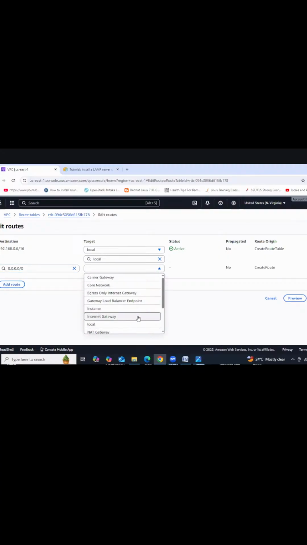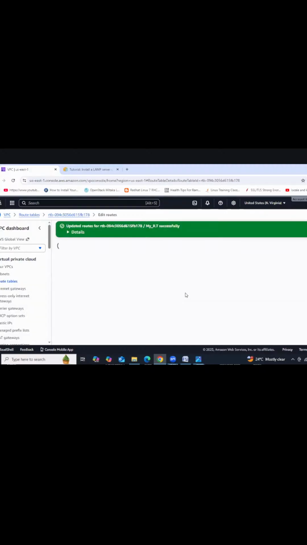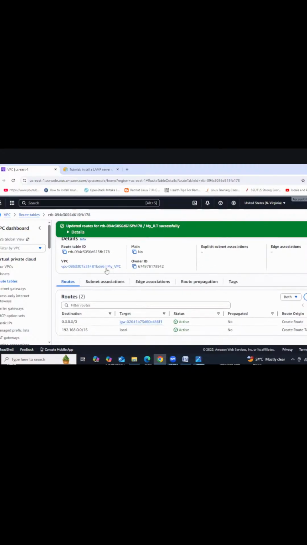What type of target? Internet gateway. Got it now? If you didn't attach this IGW to the VPC, you are unable to get this. So select this one and save changes. Finish. So we added route entries.